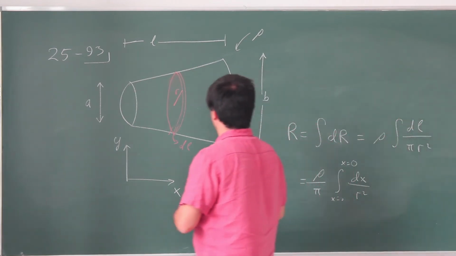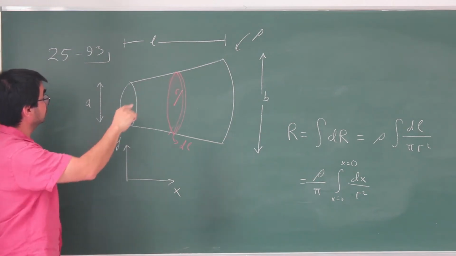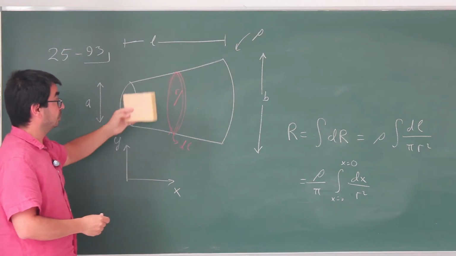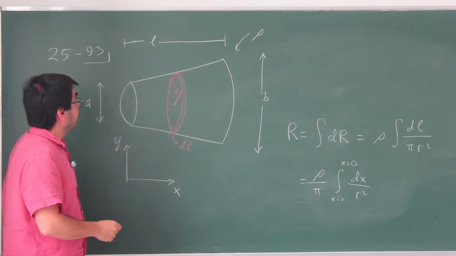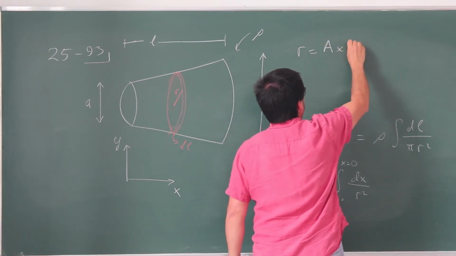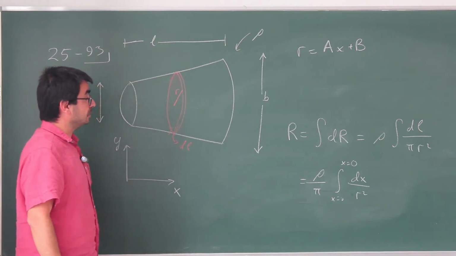Now this r as a function of x is going to be a linear function of x. It's just going to increase linearly because, well, it's a straight line. In fact, this is the line that I'm looking for. So this r is some a x plus b. Okay? So at x equals 0,